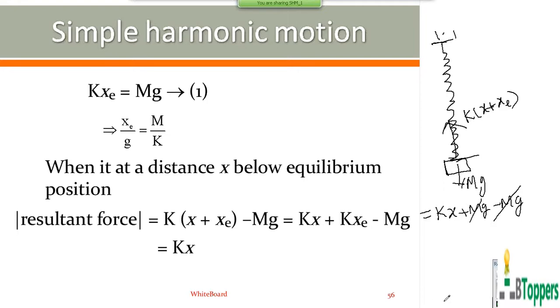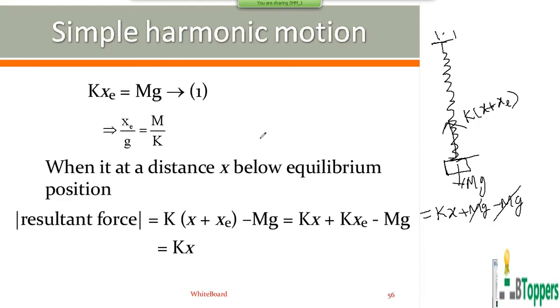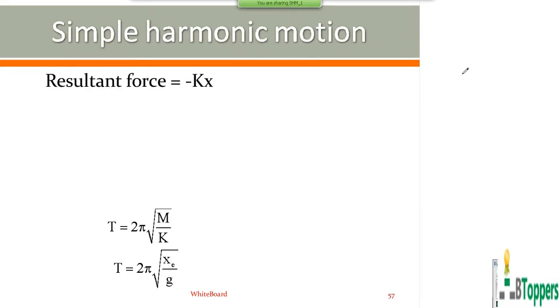Next, I would like to do the continuation. I would like to show the notes for continuation to this. So resultant force on the block can be written as minus kx because the resultant force acts opposite to the displacement from equilibrium position. Displacement x from equilibrium position is downward, but resultant force acts upwards. So I have put a negative sign to indicate that resultant force acts opposite displacement x from equilibrium position. From Newton's second law, the instantaneous acceleration you can write resultant force of block by mass, that is minus kx by m. That you can write minus omega square into x in simple harmonic motion.